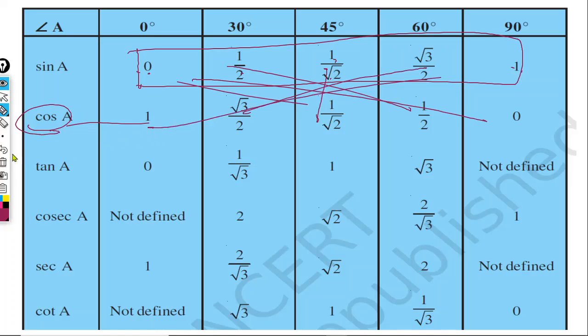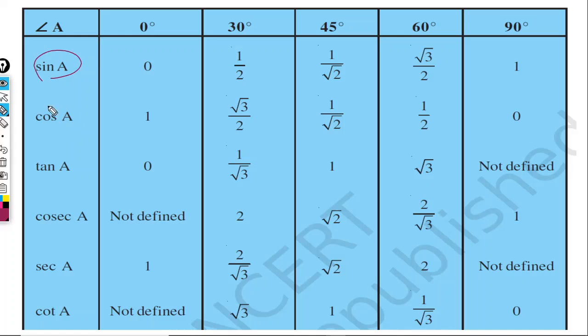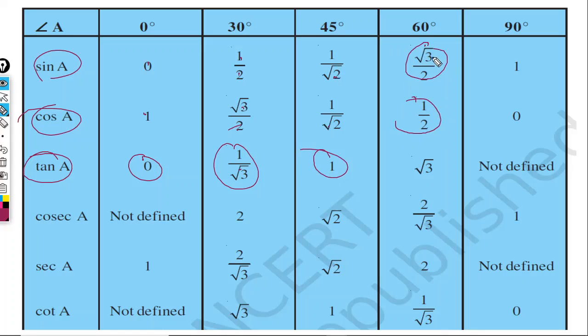Now we got sine and cos. From sine we got the ratios of cos. Now you know that tan A equals sine by cos. So 0 by 1 will be equal to 0. 1 by 2 divided by root 3 by 2, the 2s cancel, 1 by root 3. Here 1 by root 2 divided by 1 by root 2 cancels fully, then only 1. Here sine 60 by cos 60, that means root 3 by 2 divided by 1 by 2, the 2s cancel, root 3 by 1, that is root 3. 1 by 0 is not defined. So you got tan.